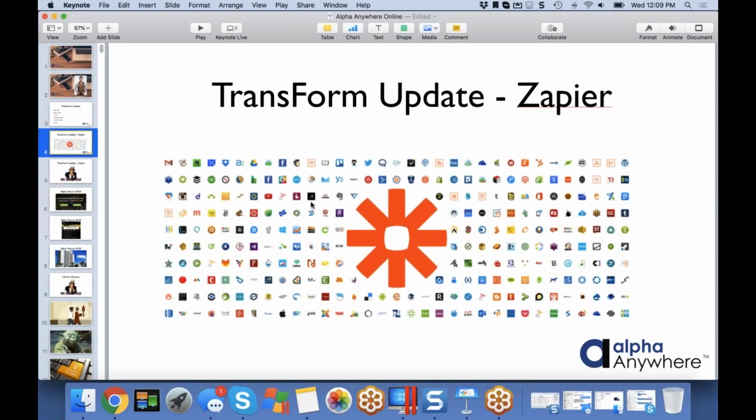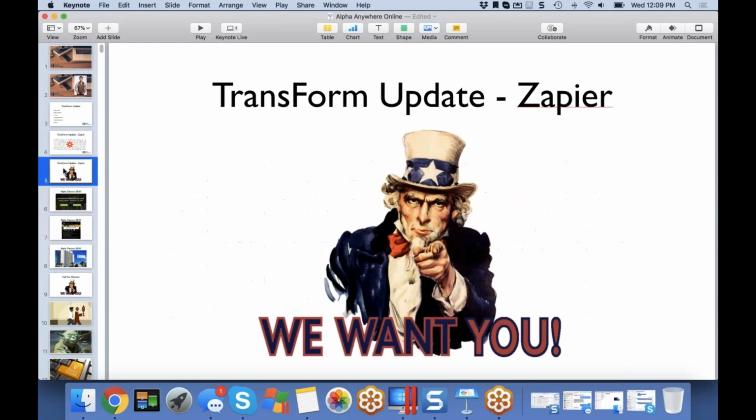Now, this is in development mode. We want to give you a heads up on it. And that's where you can help us, if you can. We're looking for people who are interested, who maybe have used Zapier before or are just curious about it. We can provide you the Zapier component, and you can try it out, see what you like, what you don't like, and give us your feedback. It helps us through the process of releasing the Zapier piece into production. Dave, do you want to make any comments on that?